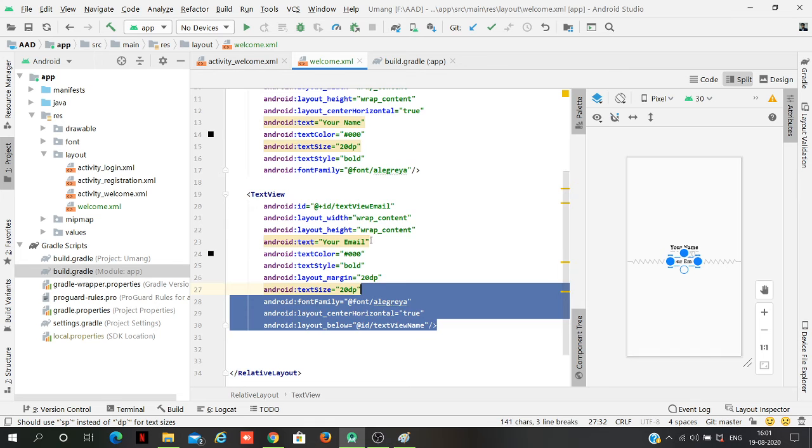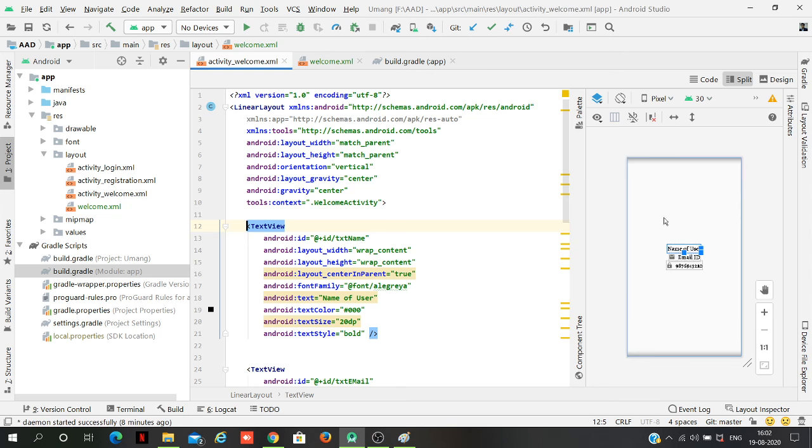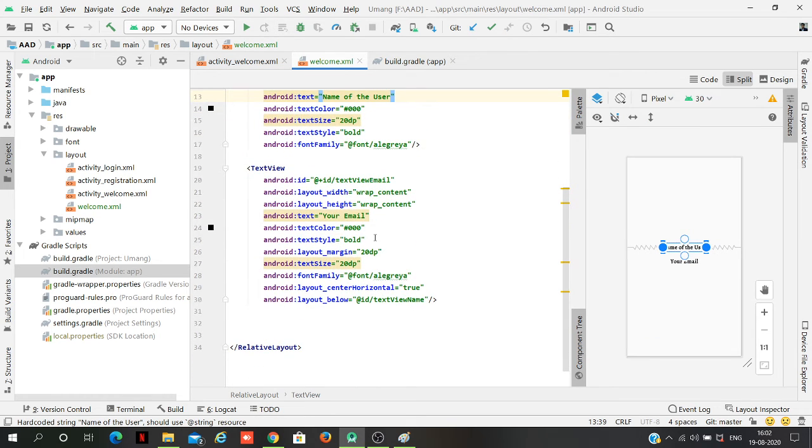For the sake of simplicity, so it's easy to understand, I'll write this name of the user. Anything you can write over here. Now I'll write the text over here, email ID.